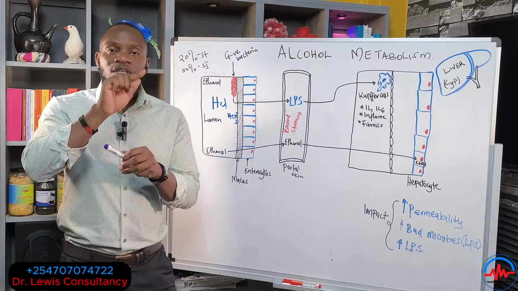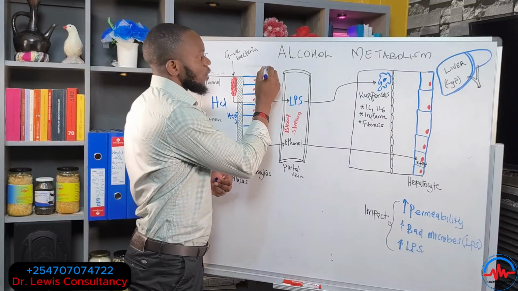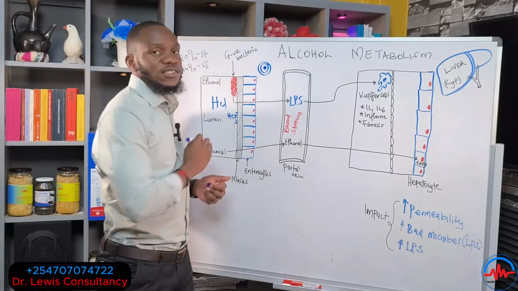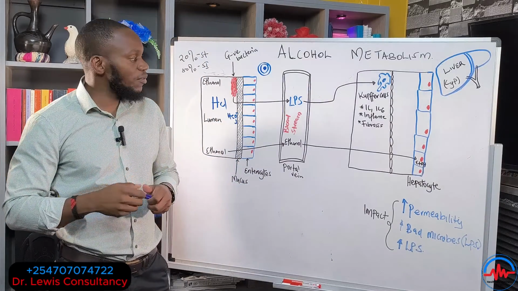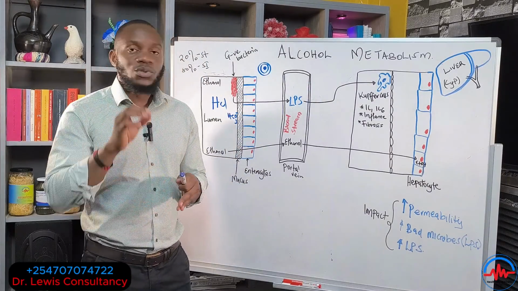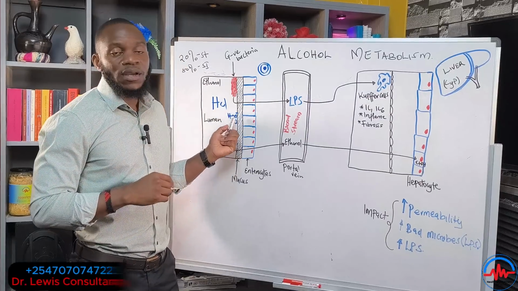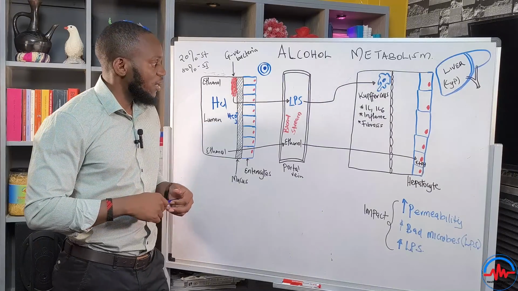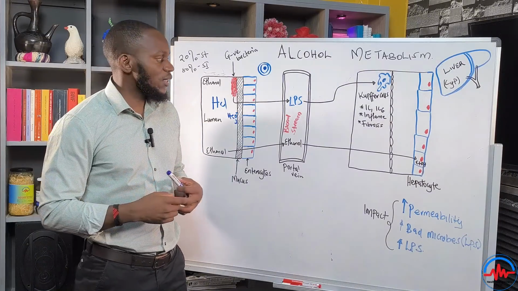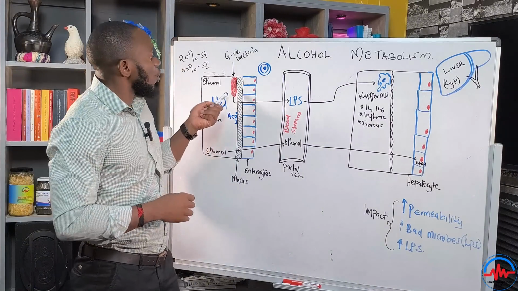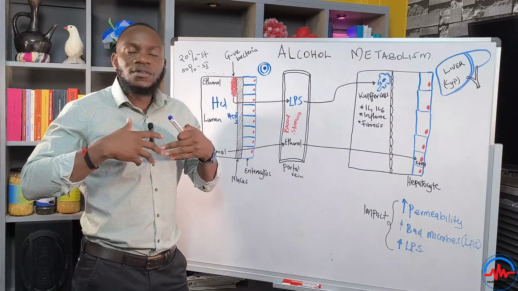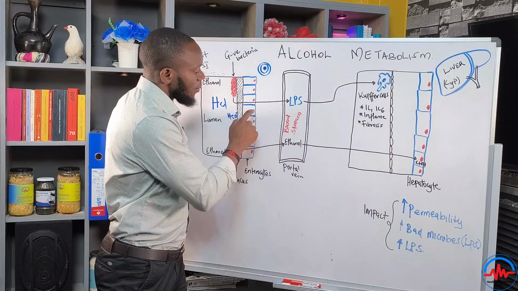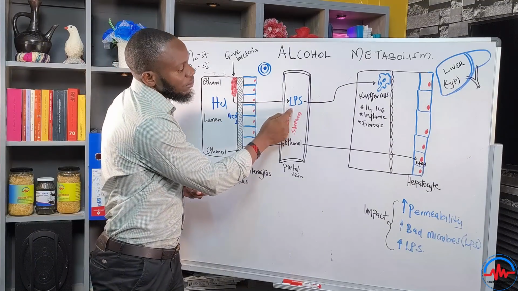But look at it this way. On the surface of the bacteria, we have a cell wall. So we have a bacteria cell here, and then we have a cell wall, and then a cell membrane. This cell membrane is made up of things that are called lipopolysaccharides. Okay, so these lipopolysaccharides are very dangerous to the system. There's a video I did about lipopolysaccharides and how they can lead you to heart problems and strokes and also inflammatory conditions in the system. So when you destroy these gut microorganisms, the cell membrane releases the lipopolysaccharides, and these lipopolysaccharides will cross the membrane of the gut wall into the bloodstream.